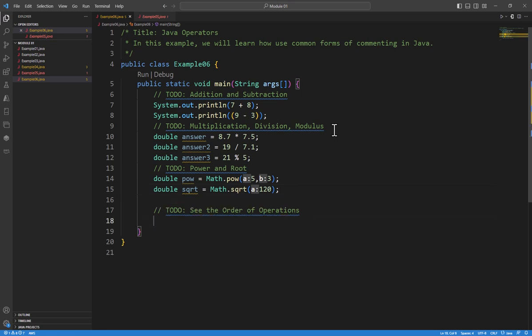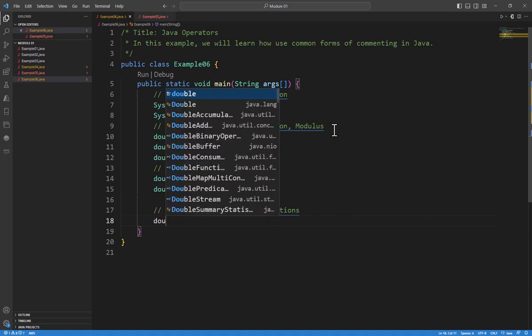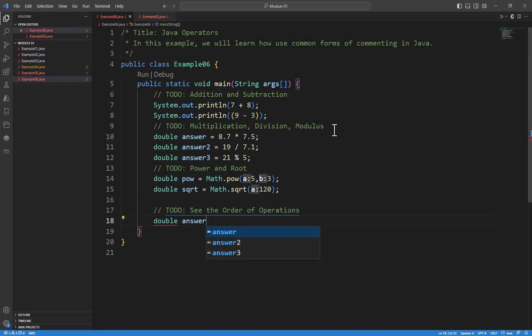Now finally, what is our order of operations? Well, Java follows the basics of algebra. That means we're going to do things that are inside of parentheses first. Then we're going to do things like multiplication, division, addition, and subtraction. So if I say double answer 4 equals 4 plus 5 times 2